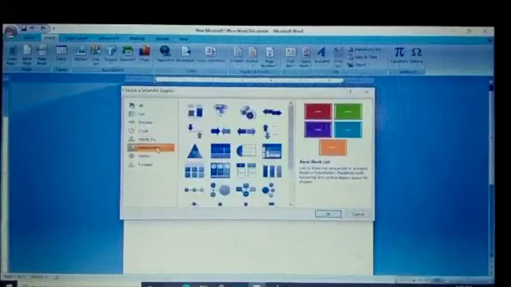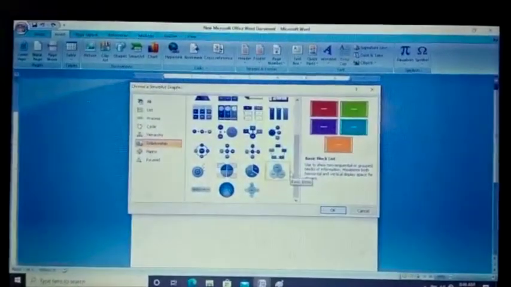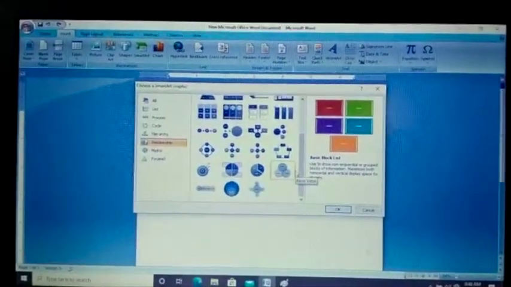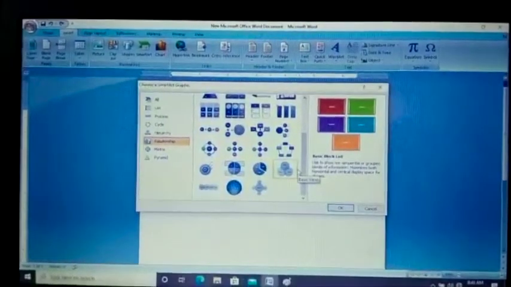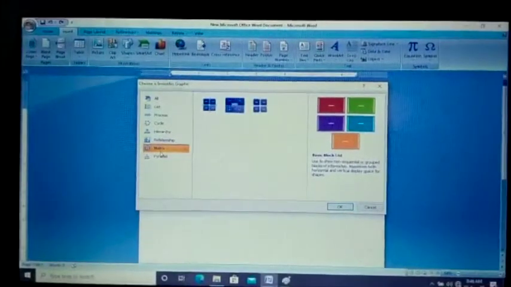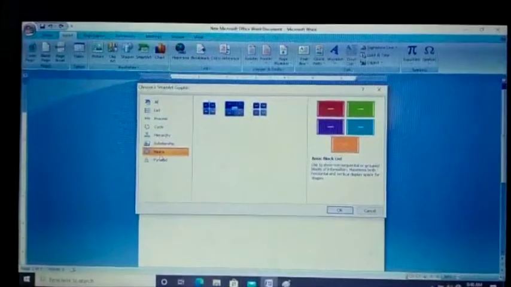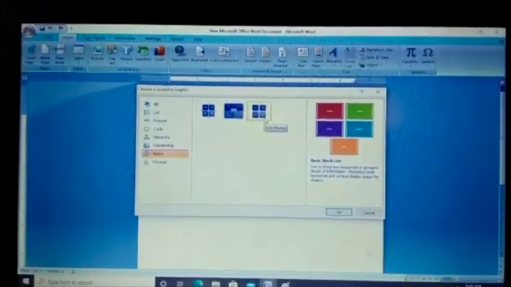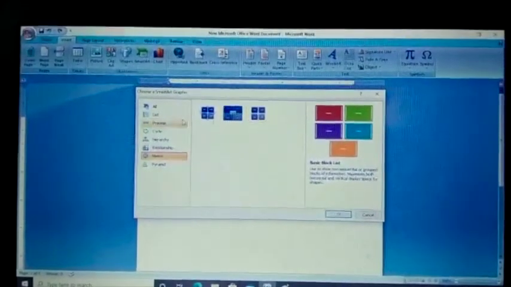Next one, Relationship. Two information blocks are to be compared. Then next, Matrix. Different information blocks are to be related to a whole or central concept.